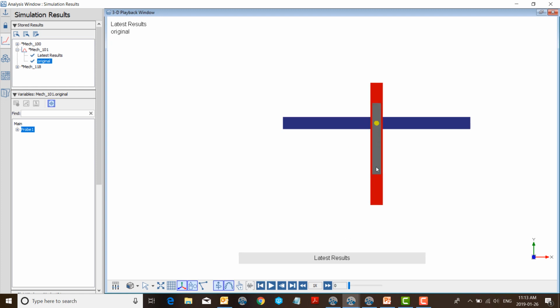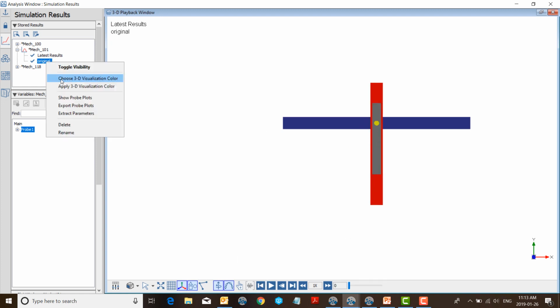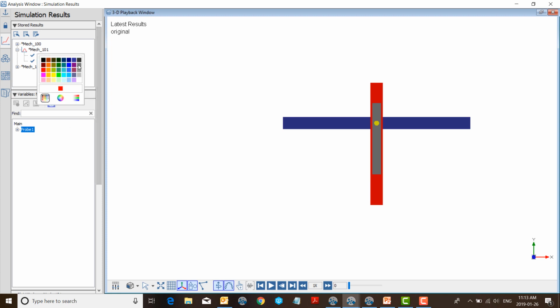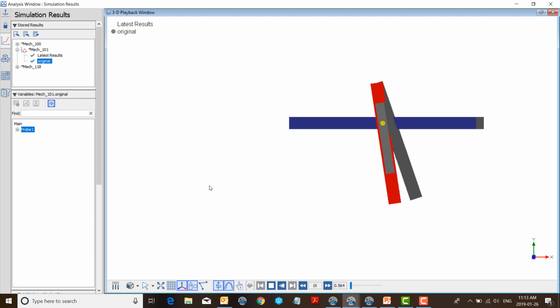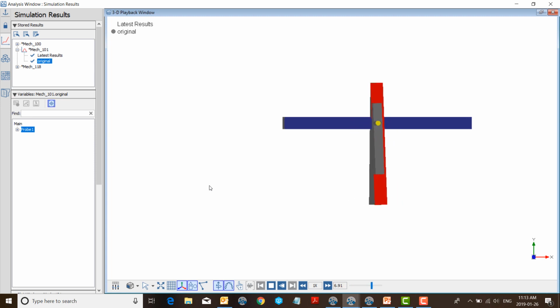So now I have both the results overlapped on top of each other. Let's just change the color of the original result to gray so that we can differentiate the system. And I'm going to hit play. And now you can see how the dynamic response is for both the systems. And of course, it's quite expected because the system with heavier mass oscillates more compared to the one,